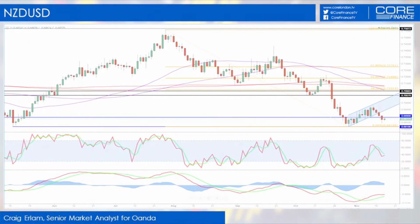Yeah, I mean, we've been in quite a nice downtrend for some time now. We've highlighted previous head and shoulders on here which have completed, so that was a nice technical move, and it was also a very rapid move as well, aided a lot by the Kiwi election. And then we've reached these lows. These lows were the tip of the head as well, so it was a nice profit-taking area,